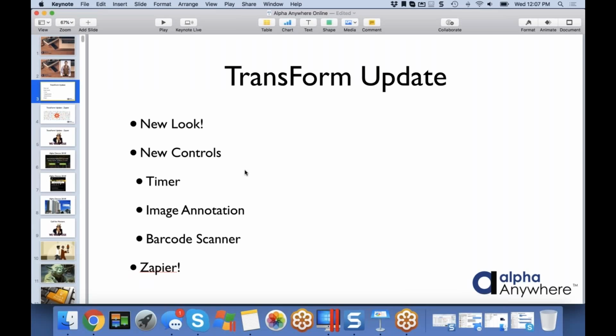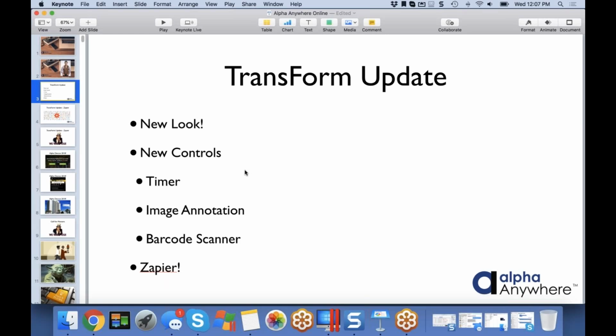There's a couple new controls that are now being developed. I don't know if they're fully deployed yet, Dave can give us an update, but one is a timer control where you can start a timer and stop it. That's very powerful for our manufacturing companies, because they do a lot of time and motion studies, and timers are critical to that: let's watch someone doing a task and time that, because it all goes into the efficiency of the operation.